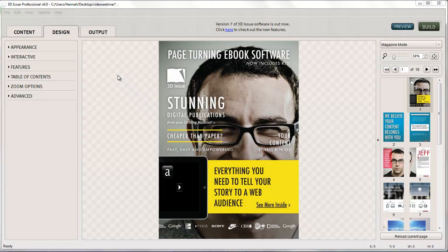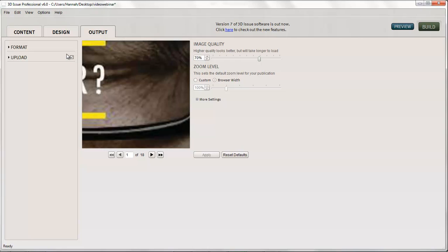So now we've finished creating our digital magazine, we're now ready to upload this to our website so we can direct readers, customers to our digital publication to be able to view online. So what we're going to do is we've done all the design tab, we're ready to upload. So the tab we need to go to is output, and this is where we basically finalize everything and upload